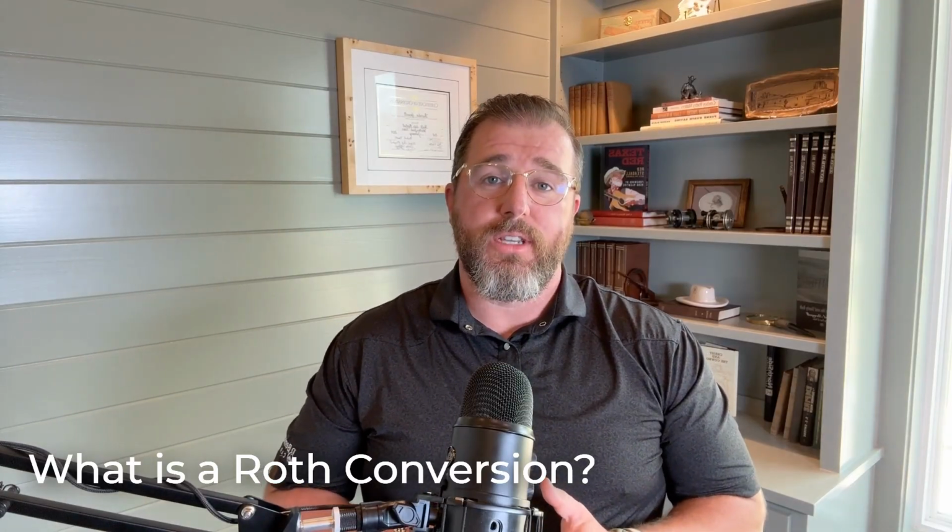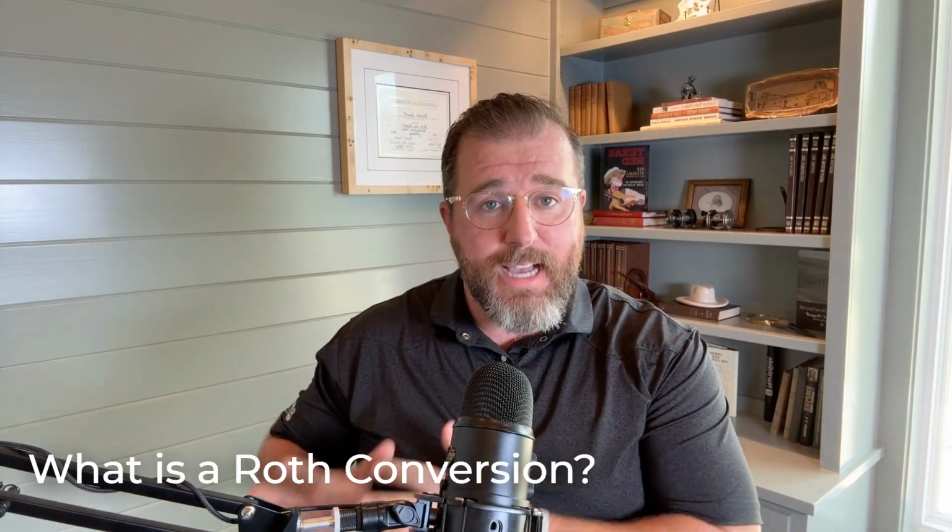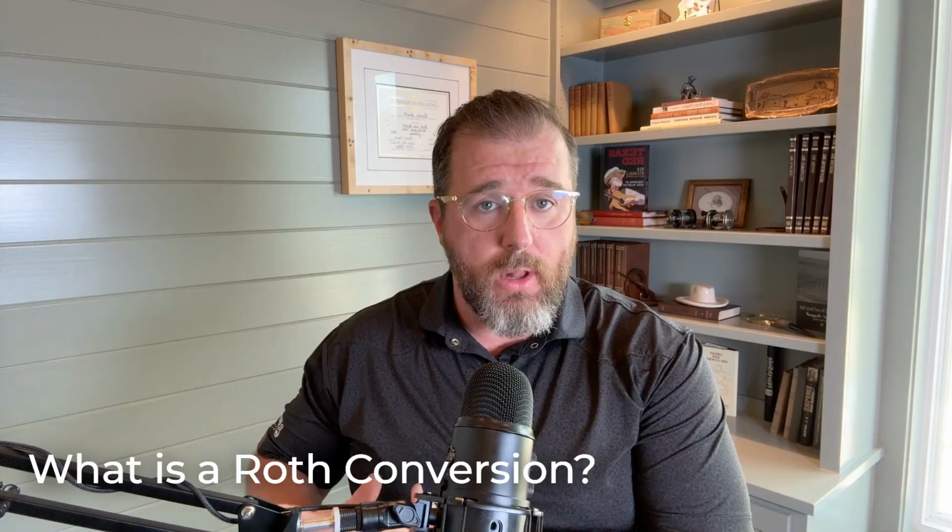A Roth conversion is a process of moving money from a tax-deferred account, like a traditional IRA or 401k, into a Roth IRA. When you do that, you pay tax on the amount you convert, but from that point forward, it grows tax-free. No required minimum distributions, no taxes on future withdrawals, and no tax impact for your heirs. It's not a loophole, it's not a trick, it's simply a way to reposition your assets now so they're more